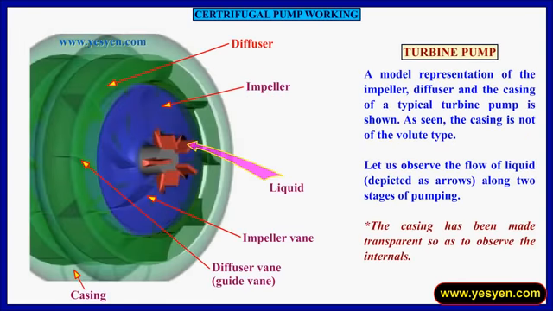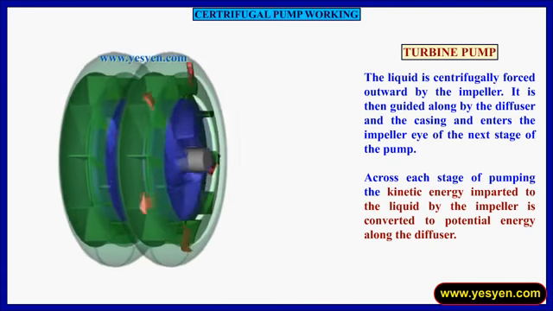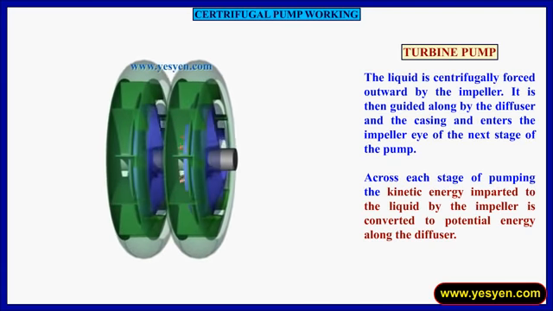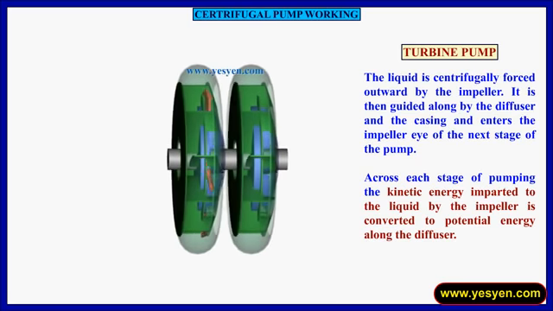Turbine pump. A model representation of the impeller, diffuser and the casing of a typical turbine pump is shown. As seen, the casing is not of the volute type. Let us observe the flow of liquid along two stages of pumping. The liquid is centrifugally forced outward by the impeller. It is then guided along by the diffuser and the casing and enters the impeller eye of the next stage